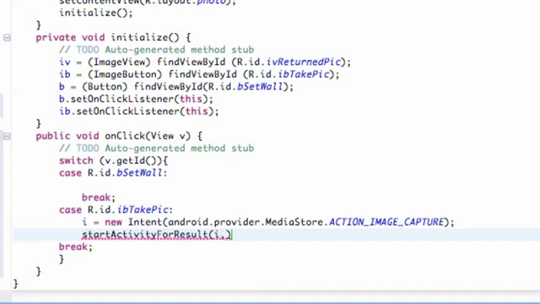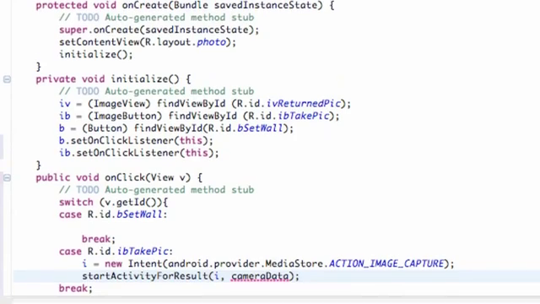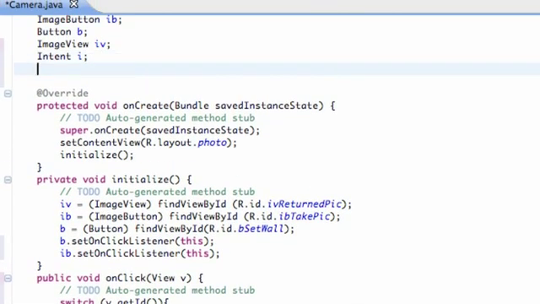And then we're going to hit a comma and basically set up a variable that's going to collect the data. And it's going to be an integer type variable. So we're going to say cameraData is what we're going to call this variable. Since we don't have a variable yet called cameraData, we're again going to set this up above our classes. So we're going to say int for integer and cameraData, and we're actually going to set this equal to 0, and you guys also need to say final static,